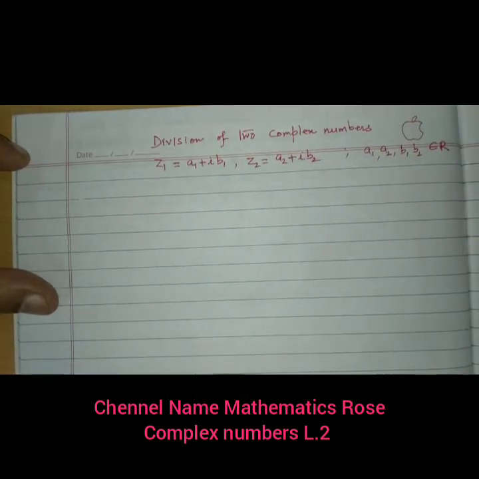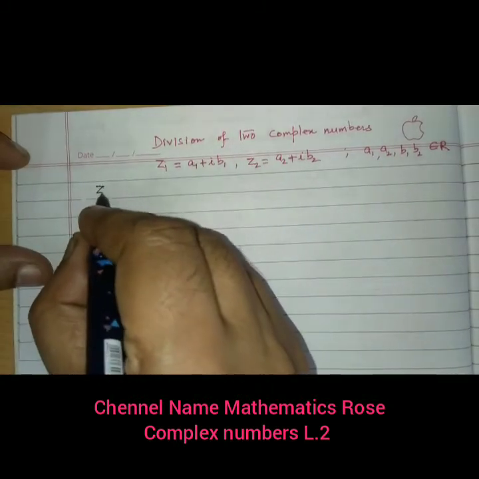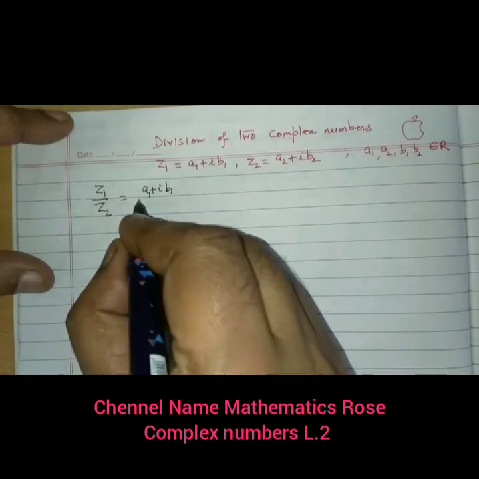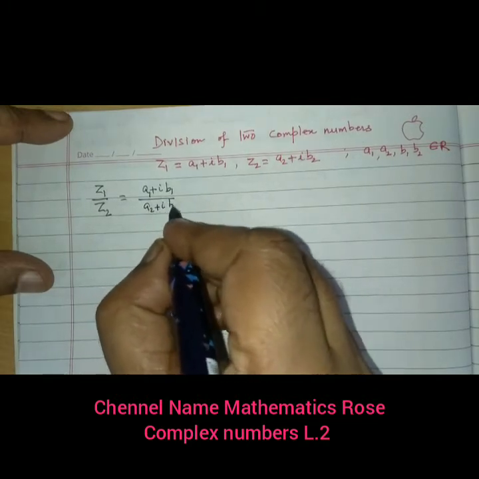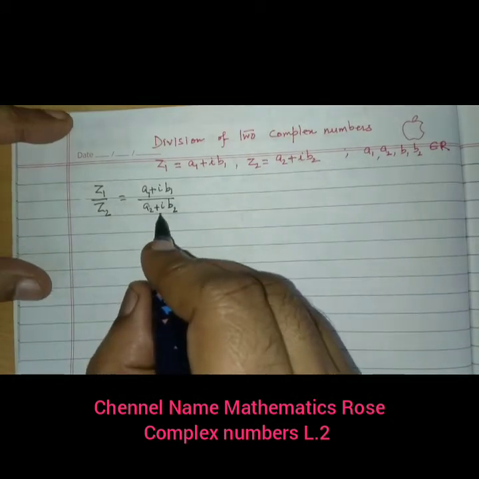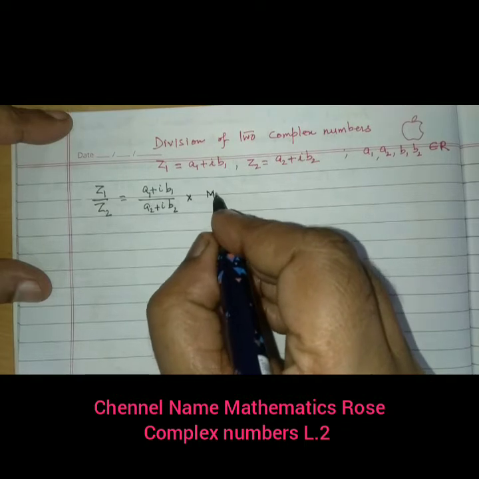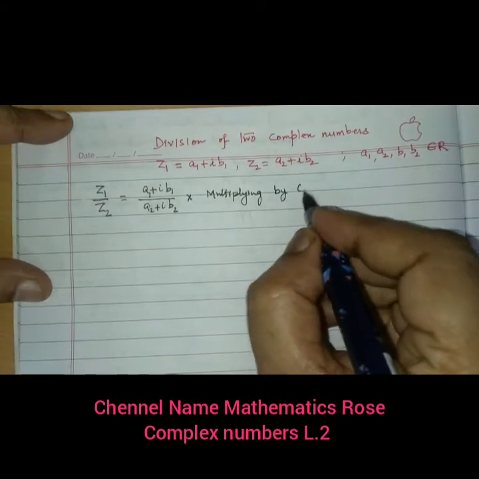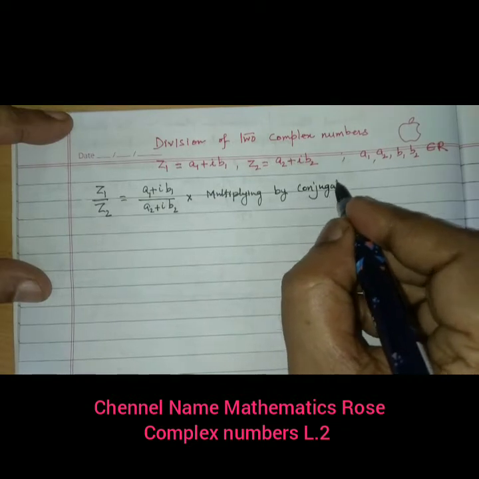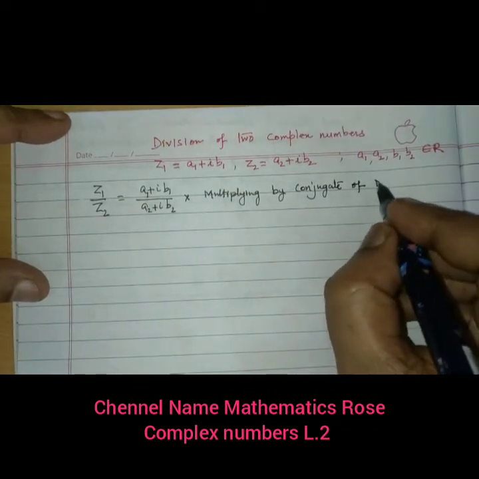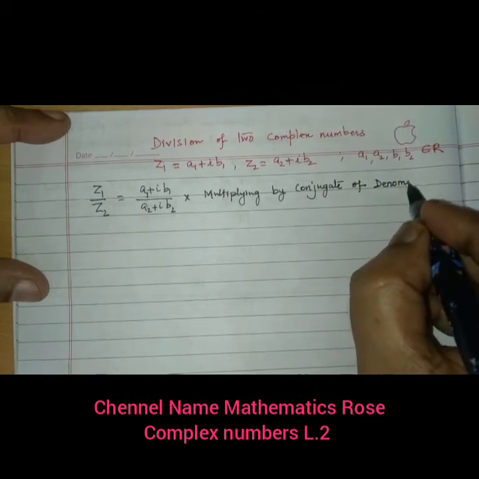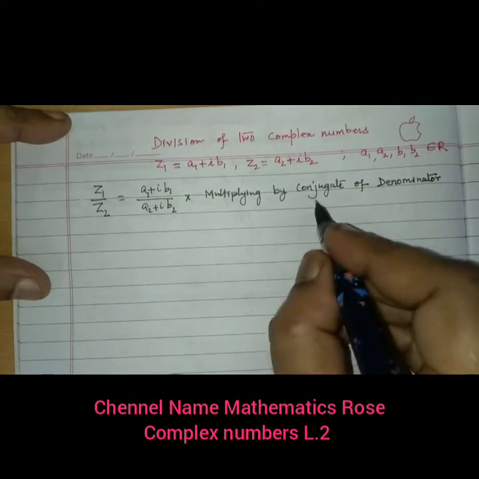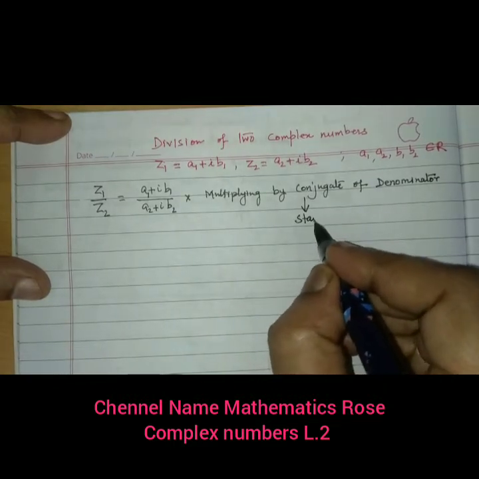तो यहाँ पे हम लोग कैसे डिवाइड करेंगे वो करके दिखाते हैं। तो z1 बाई z2 लेंगे, यहाँ पे a1 प्लस i b1 लेंगे, दिस इज a2 प्लस i b2 लीजिएगा, और डिनोमिनेटर का कॉन्जुगेट, तो डिनोमिनेटर z2 है, मल्टीप्लाई इन द कंजुगेट। आप पढ़ें, कंजुगेट ऑफ डिनोमिनेटर, जो भी कॉम्प्लेक्स नंबर होगा डिनोमिनेटर, बिकॉज किसी भी कॉम्प्लेक्स नंबर को मल्टीप्लाई इसलिए करेंगे कि हम लोग को लिखना होगा स्टैंडर्ड फॉर्म में,